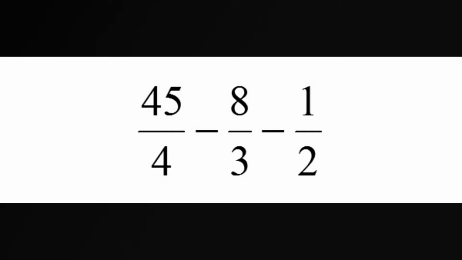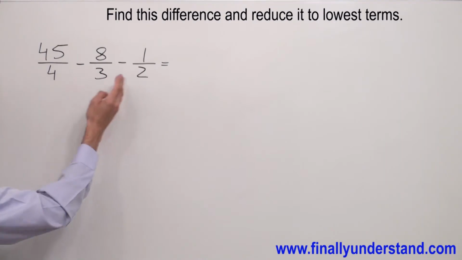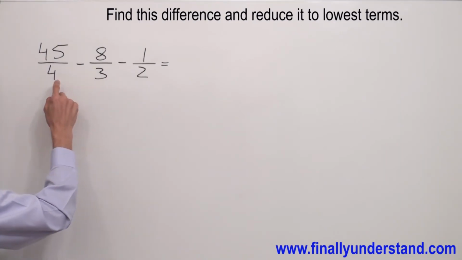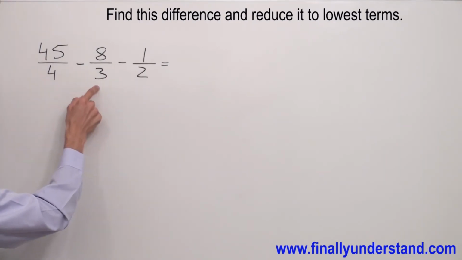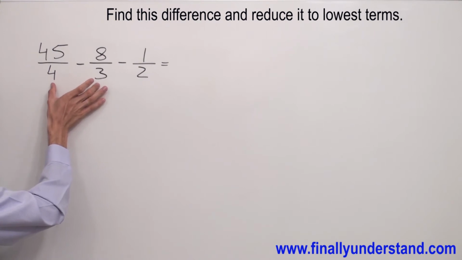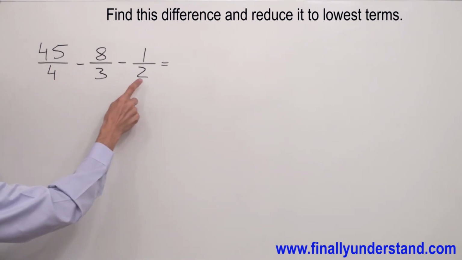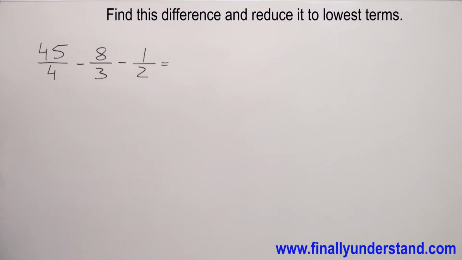Anytime you are going to have three fractions, you have to perform the operation from the left side to the right side. In other words, you are going to subtract from the first fraction the second fraction, and from the result of these two, you will subtract the third fraction. Now,